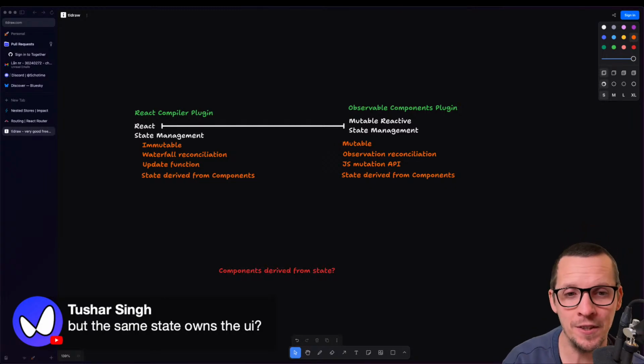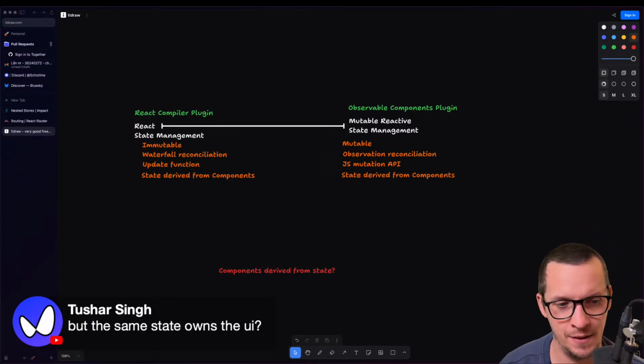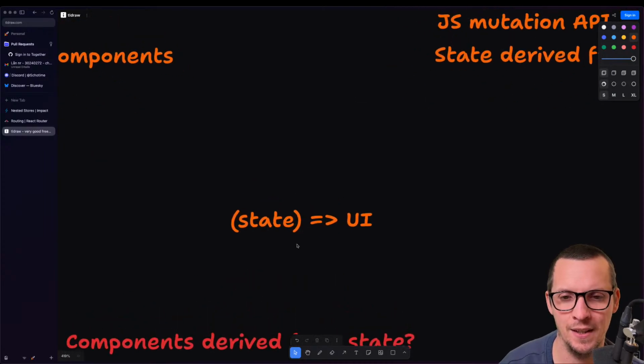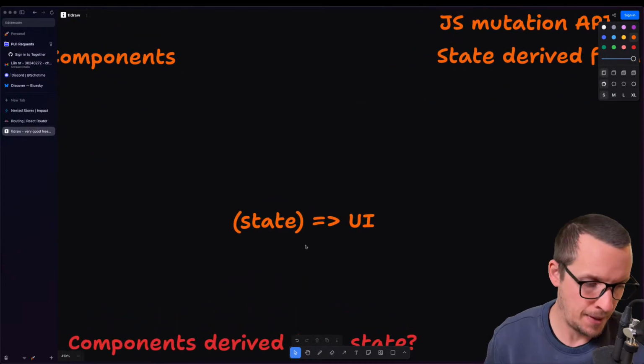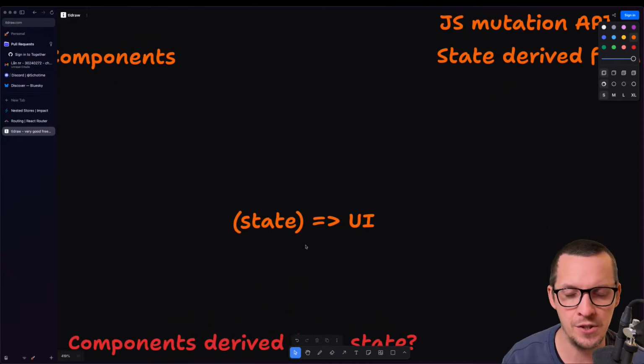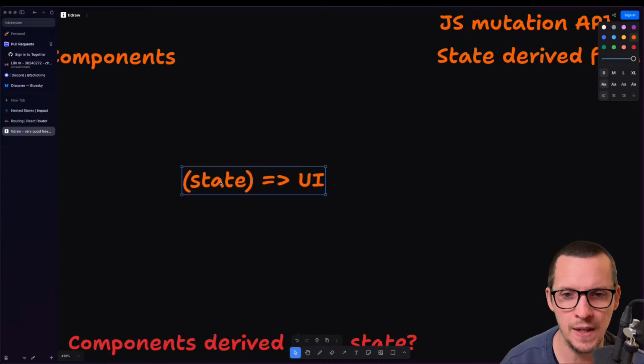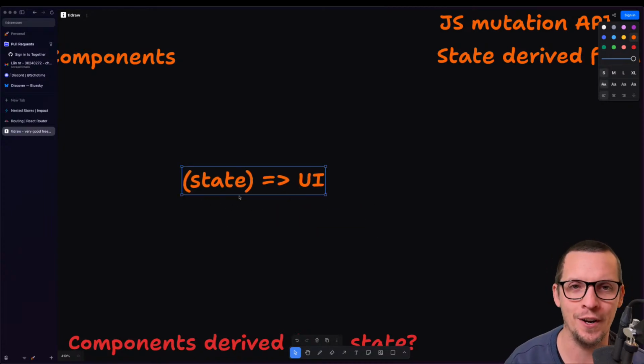What's very interesting, okay, tiny rant. React says it's state to UI, right? This is the big promise of React. I think I rant about this in the impact presentation, but this isn't true. React isn't this. It's just a big tree of state UI, state UI, props UI.